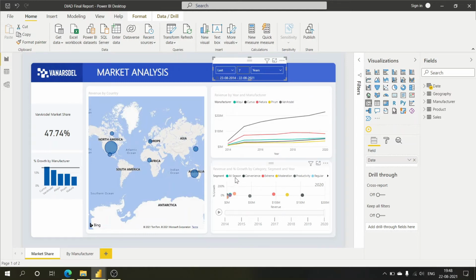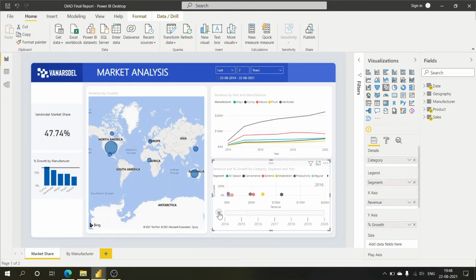And here we can see all season, convenience, extreme, moderation, which are the different segments of the company's product share. And here is a little more advanced visualization that will play through the years accordingly.